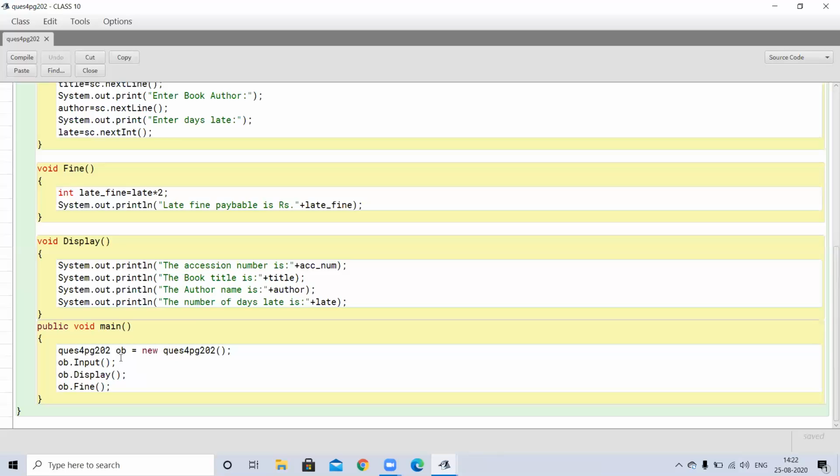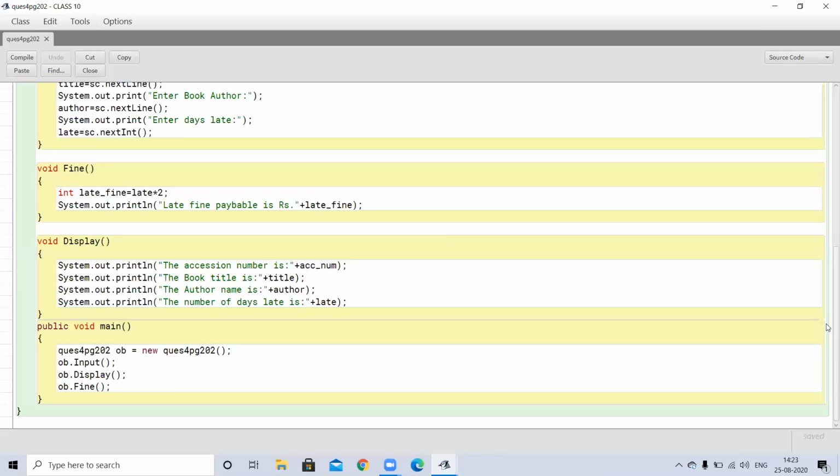Then with the help of this created object, we will call all the functions. First of all, we will call the input function, so ob.input. Then ob.display, and then finally we will call ob.fine. Okay, so in this way we will call all the functions in the main method.